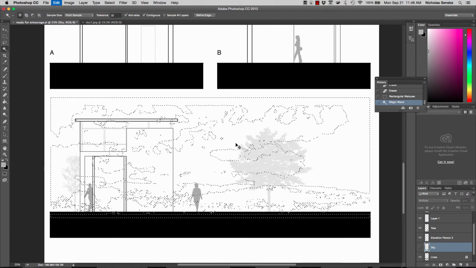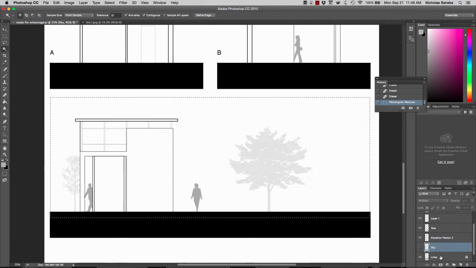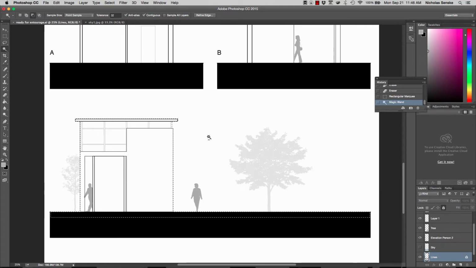That will actually, I'm on the wrong layer. Okay, I got to be on the lines layer. Sorry. Be on the right layer, hold Alt and click, and that will actually subtract the difference from the two selections. Okay, so again, I make a box, I go to the lines layer, I hold Alt, and you see the magic wand turns to a minus sign, and I click, and that will automatically try to find the edges